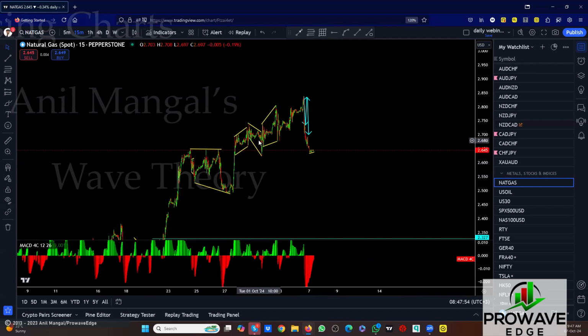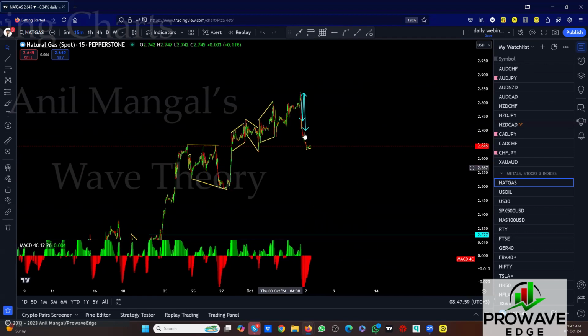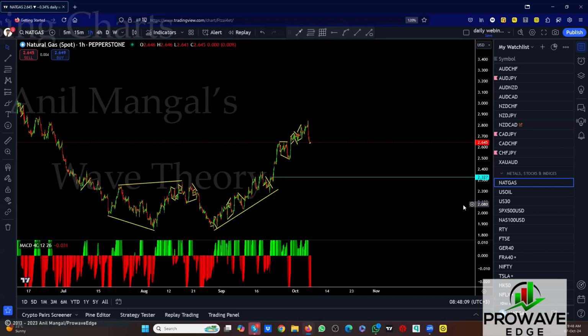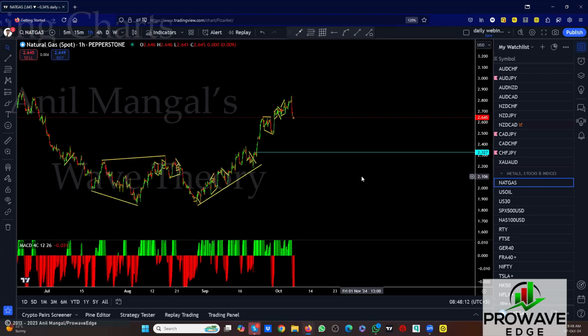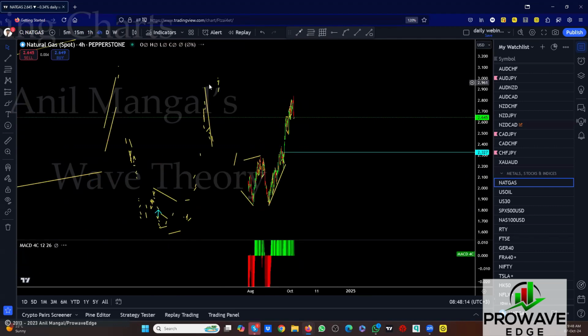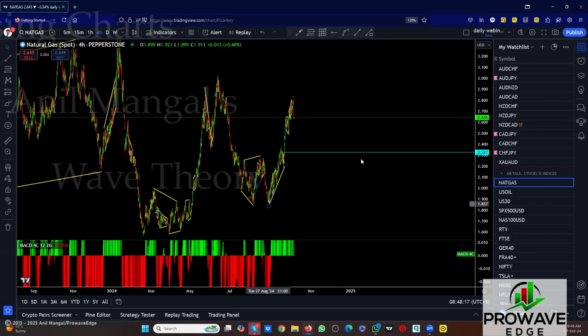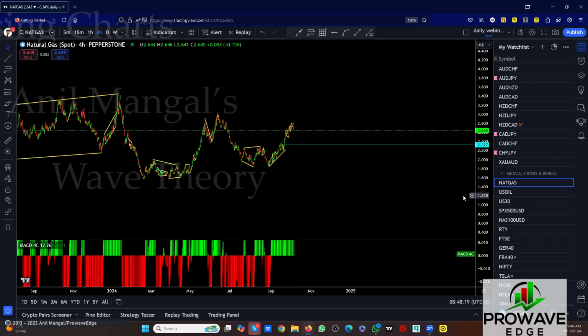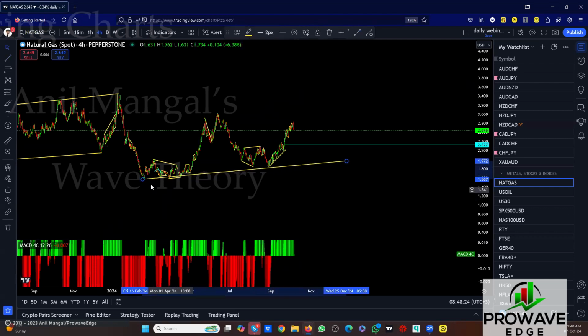We got a flat, we got a flat, we got a flat, we got a flat. We're coming down. There's probably another one in here, a smaller version. So take this out and then assume that it's going down. What's the next big move to the downside? Let's go to the 1 hour. Well, the next big move to the downside is probably breaking the low. So it'll probably be coming down back to there. So the next big move to the downside will be retesting the low. We haven't broken the top, so that will be an issue.